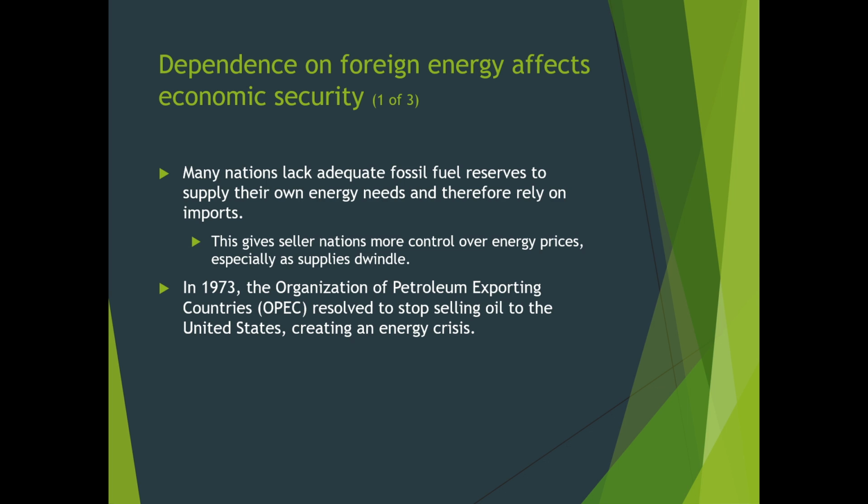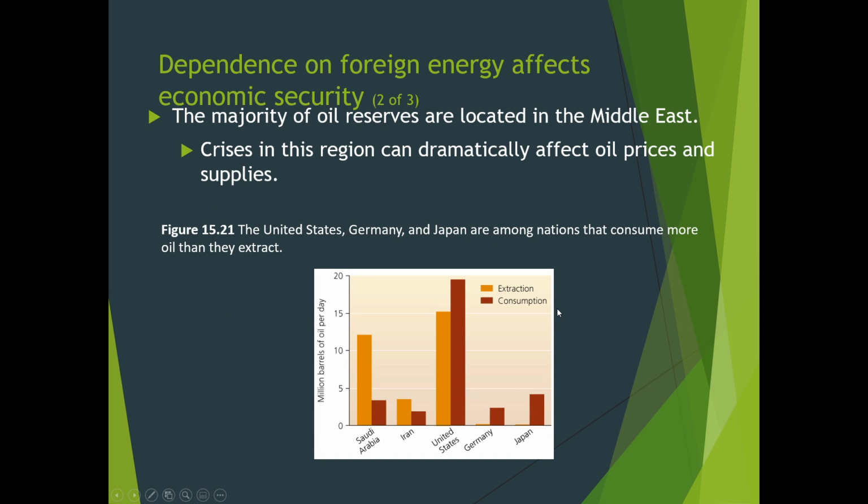carbon cycle. In 1973, I remember I talked about 1974, we got shut off from oil. I think it was 74, it might have been 78. Because in 1973, OPEC was organized, and OPEC is the one that shut off our supply. That's the Organization of Petroleum Exporting Countries. And it resolved to stop selling oil to the United States, which created the energy crisis in 1973 or 1978. So OPEC is basically